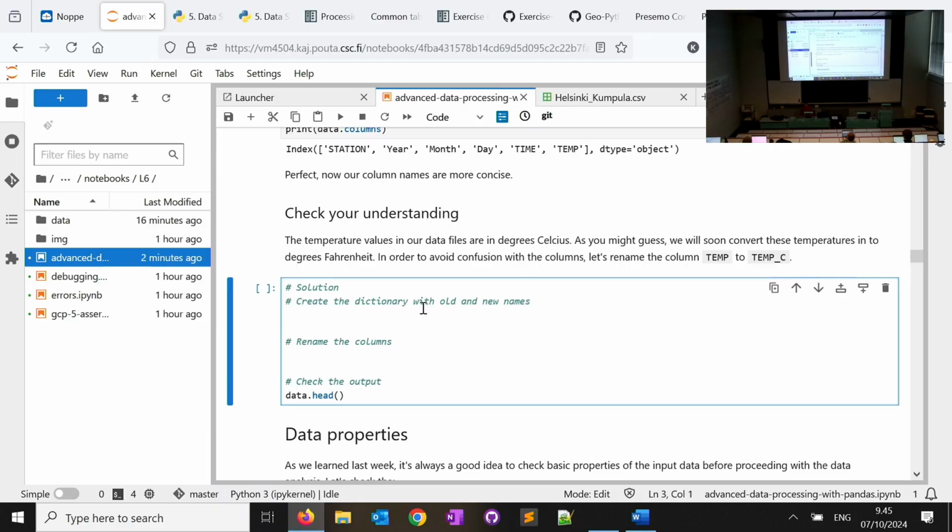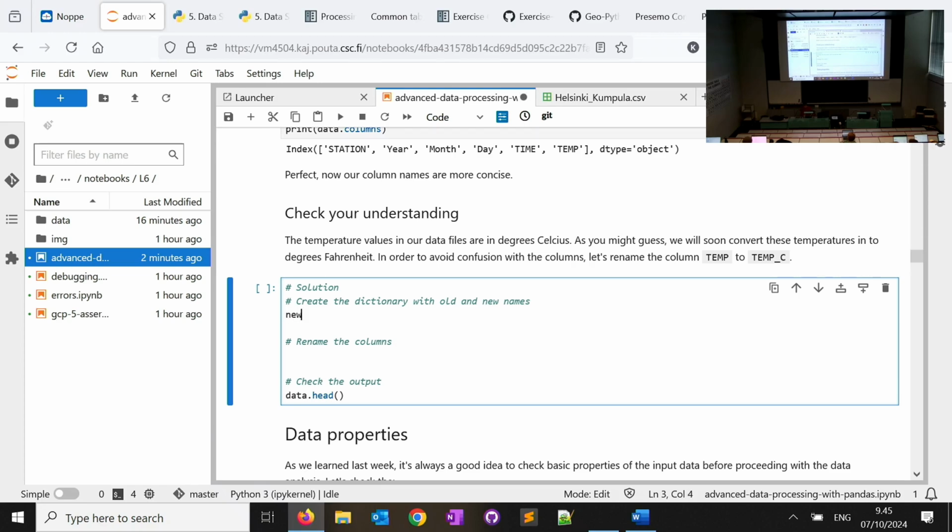As you can guess, later we are going to do a bit of conversion between temperatures, like we have done in previous weeks, to just practice how things work with applying functions. That's why it's good to rename our column temperature, because later we will have temperature in Fahrenheit, so it will be a bit more clear.